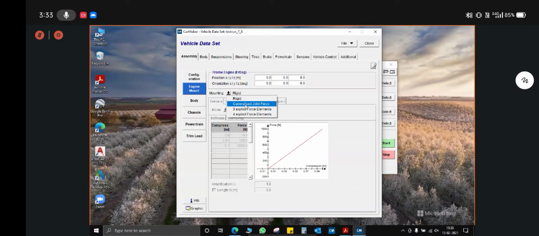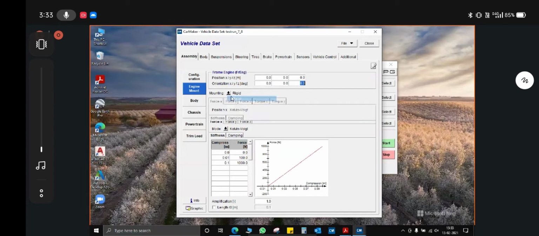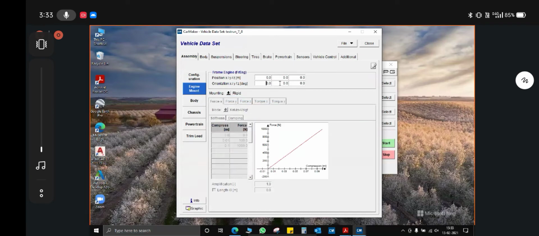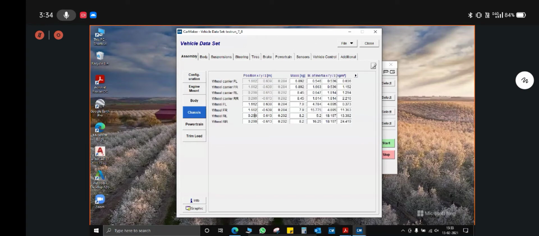Now going towards the body tab. In the body tab, you have to leave it as default. For the chassis, you have to define the wheel carrier and wheel positions for all the front left, front right, rear left, rear right wheels, and the wheel carriers, the mass, moment of inertia, and position of all of these. In the power train, for M bar teams, engine, gearbox, and tank. For the E bar teams, electric motor, gearbox M, and the power supply. So here you have to select FR1A.